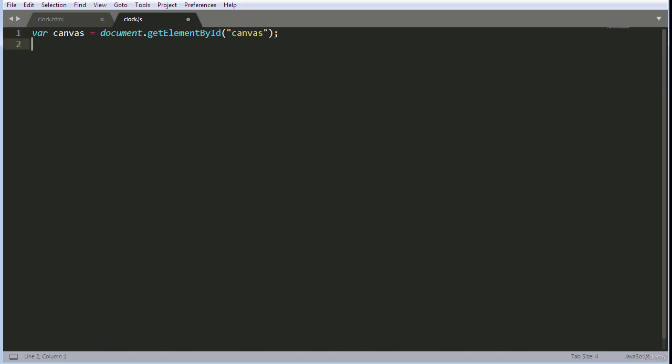The next thing we're going to do, we are going to create a 2D drawing object. Again, we're going to use a variable. So on line 2 here, we've got a variable called ctx. ctx basically stands for context. So we're setting that equal to canvas.getContext, and inside we're passing it 2D. So this will create a 2D drawing object